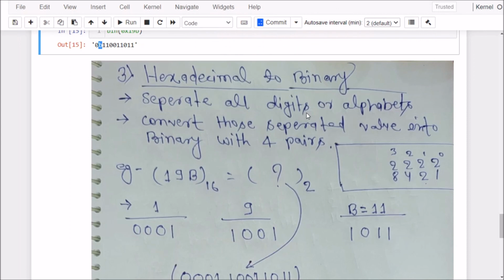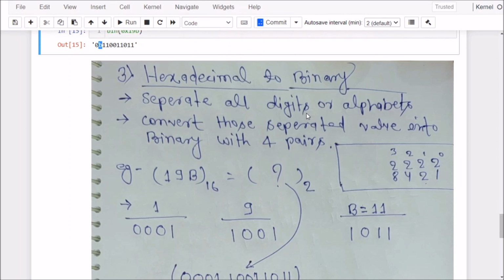And octal to decimal also: first we have to convert octal to binary, and then binary to decimal. So we have to go through the binary conversion. If you want to convert any number from decimal to any other type, or octal to any other type, we have to go to binary only.